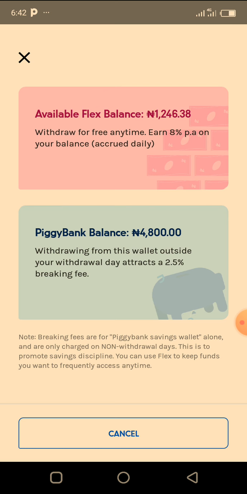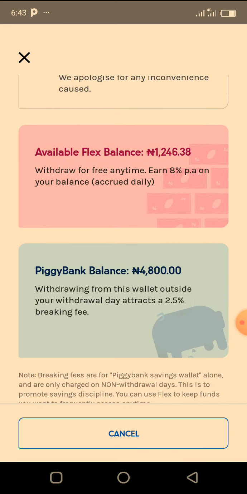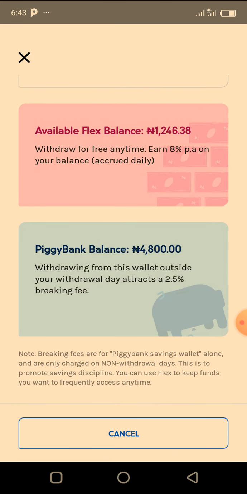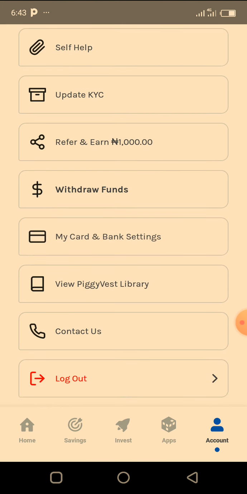You can only withdraw by March, June, September, and then December. So those are the 4 times you can withdraw in. So it's every 3 months you can withdraw from your piggy bank. So no matter how emergency the money is, you can't withdraw from it unless it is in 3 months. But you can invest from your piggy bank without withdrawing it. So that means the money still remains with them. You can invest. So we'll still get to that. So I just wanted to show you how it looks like.